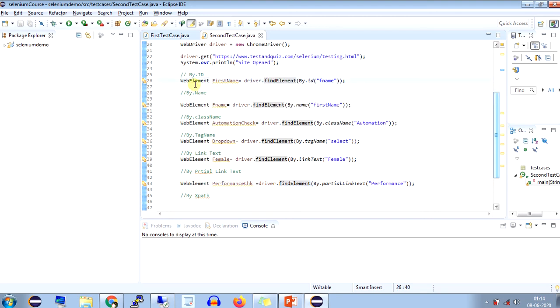So now we have assigned a proper web element name for each locator.